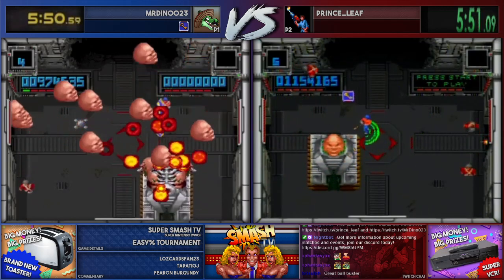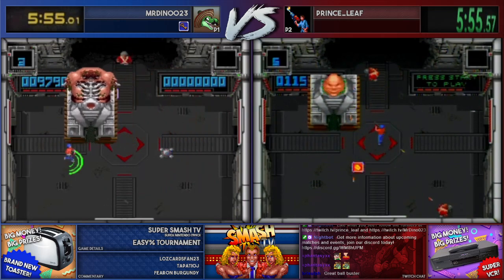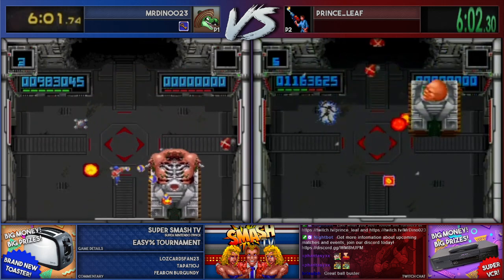I think, because Mutoid had moved up initially, felt really good about taking that death, took the death. And that key is probably going to be the dagger in game number 2 here for Mr. Dino. Prince Leaf just needs to get these lobbers to land on...